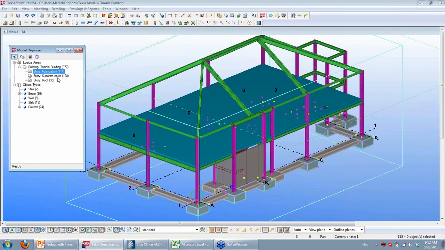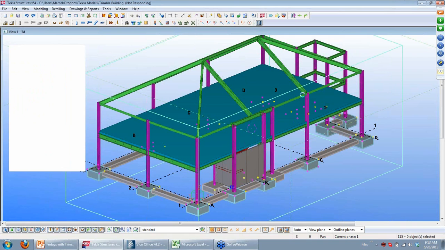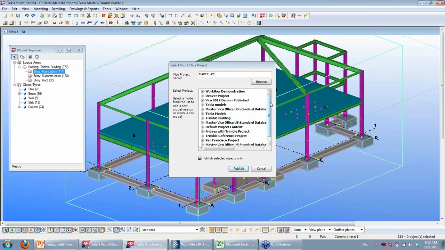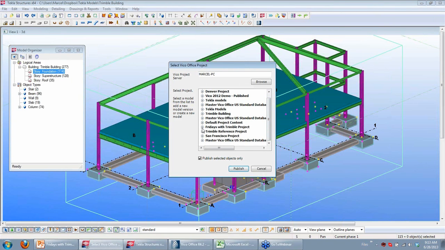So let me go ahead and click that story foundation, and I press the button Publish to Vico Office. That opens up the dialog that gives me access to the Vico project server with all of the projects that are currently in the Vico projects database. And then I can pick from the list of projects which project I want to publish to. Now that happens to be the Fridays with Trimble project. I open that up to see which model I want to publish that to, and the name that I want to include it in is Foundation. I did that before the webinar, and